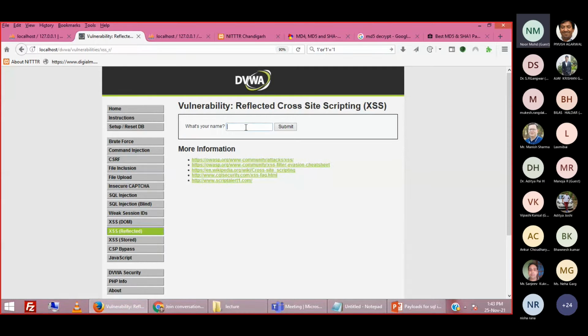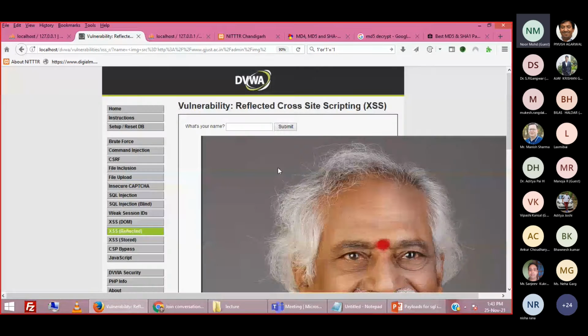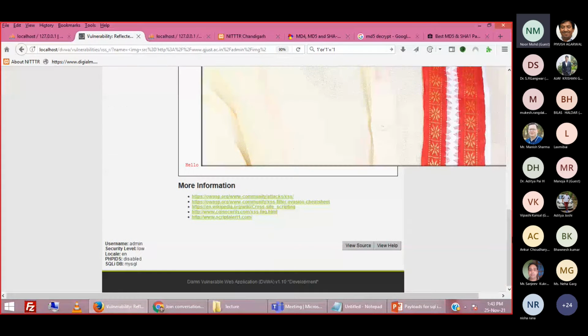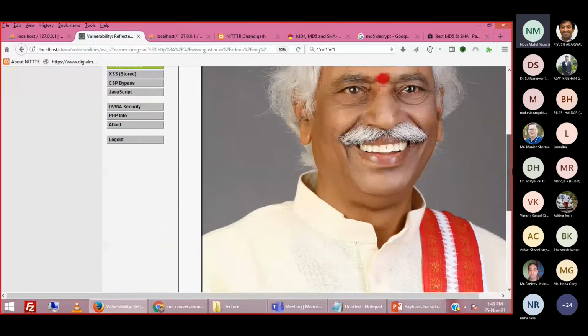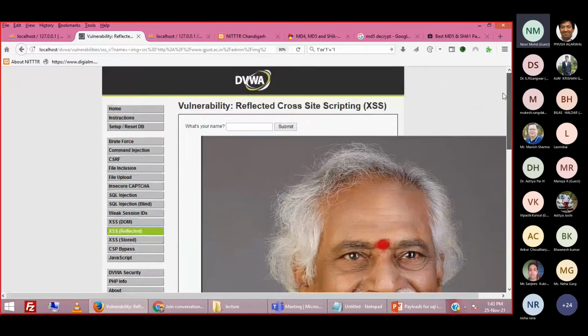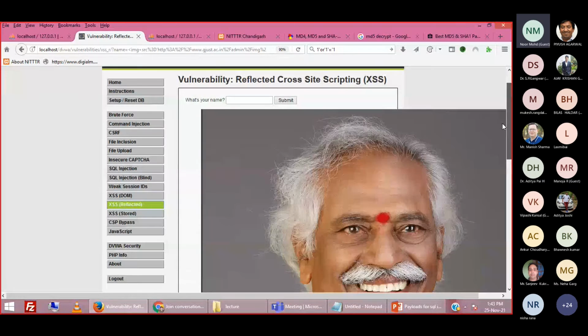Even he can put his photos or information. Suppose someone is putting an image here, and someone's photo comes up. I have taken this photo link from the internet, put it in the image src and submitted.